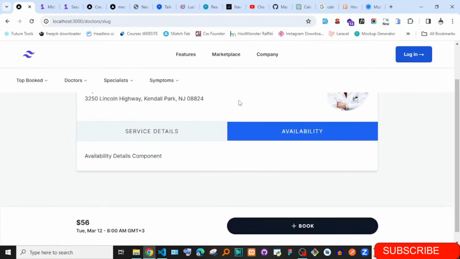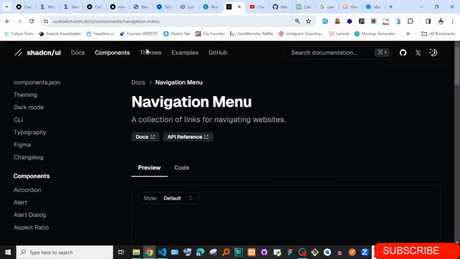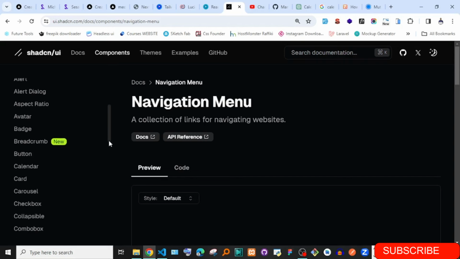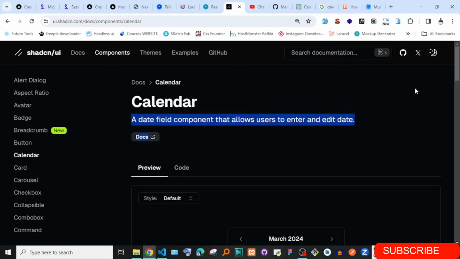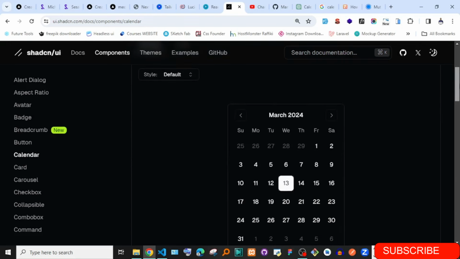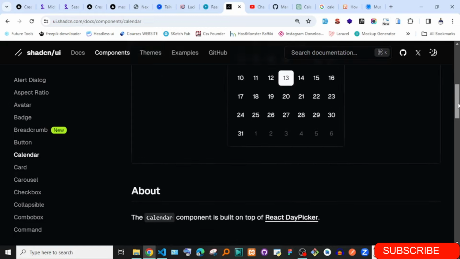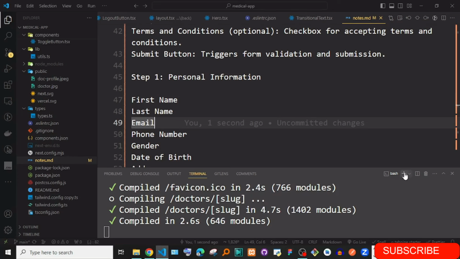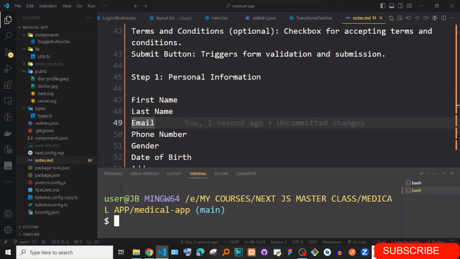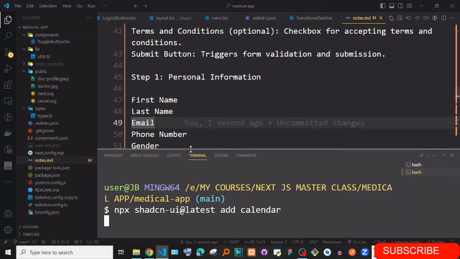and start on that. So yes, we're going to go to shadcn, and then we're going to go to the components, and we're just going to use the calendar component. So they have this calendar component just like this. Now the first thing is to install the calendar, so I'm just going to copy this. Okay, so this is going to install the calendar,